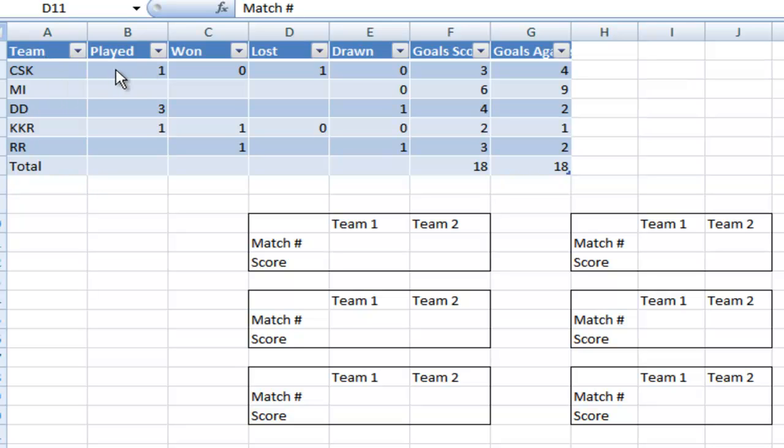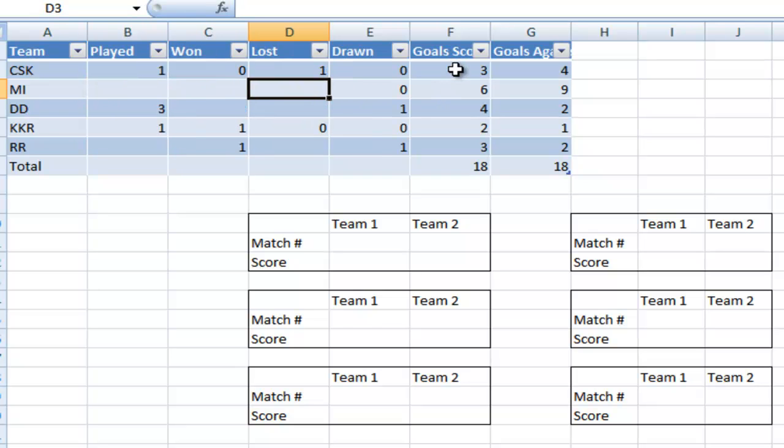CSK is a team which has played one game, won 0 and lost 1, which means the game that it has played, it has lost. And the score for that game, whichever team it has played with, it has scored 3 goals and conceded 4 goals. That's what it means. So we need to find out from this table how we're going to interpret the hints provided here and fill in the gaps,